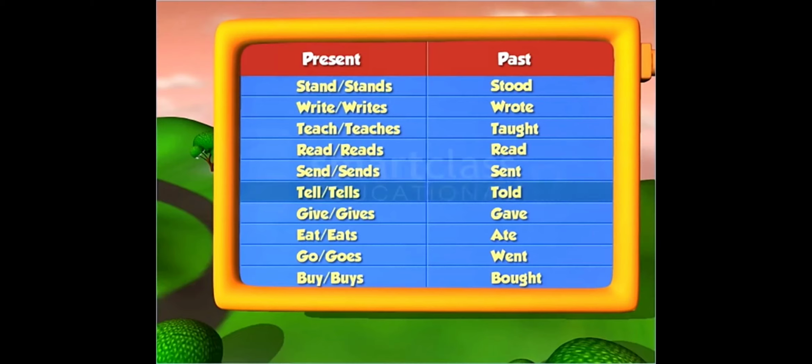past, told; present, give or gives; past, gave; present, eat or eats; past, ate; present, go or goes; past, went; present, buy or buys; past, bought;